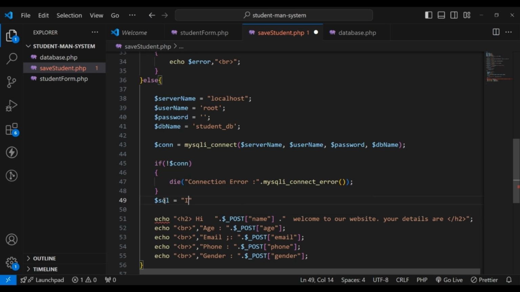Insert into student info. So we have to give the table name here. Our table name was student info. Then we can give the names of the columns in which we want to insert. We will give name, email, phone,